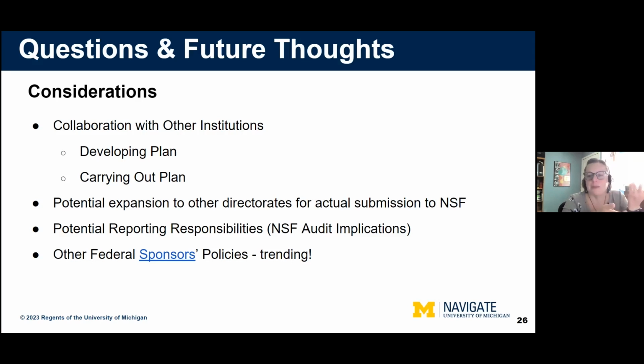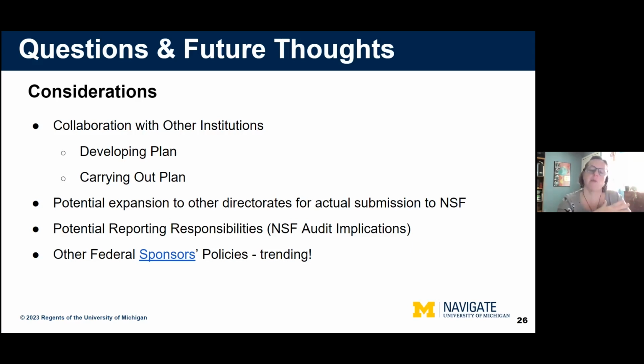We'll see how that goes. Reporting: if this becomes an agency-wide requirement, what type of reporting or monitoring might be required? And then also, other federal agencies have started having some variations of these policies. So we've got a link in here that has some of that information. There are certain parts of the Department of Energy that have some really specific things.